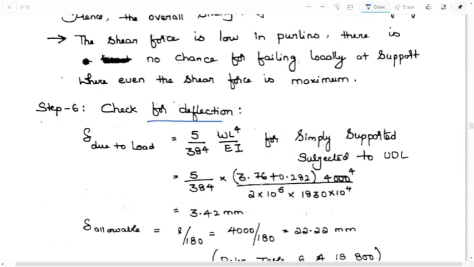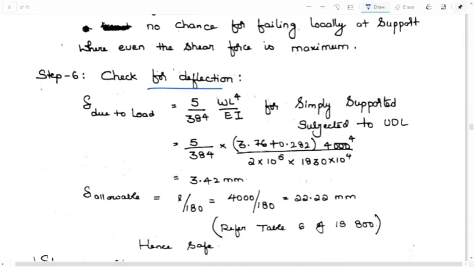Now check for the deflection. See, when a simply supported beam is carrying a UDL over a span of L, then the deflection due to that load is 5 by 384 into WL power 4 by EI. E is 2 into 10 to the power of 5, you know that. And the deflection, guys, when calculating deflection, you have to put Z here in the case of IZ, because that is the load. Load WZ is greater, right? So that value has to be substituted here.